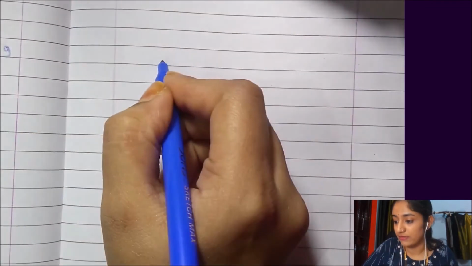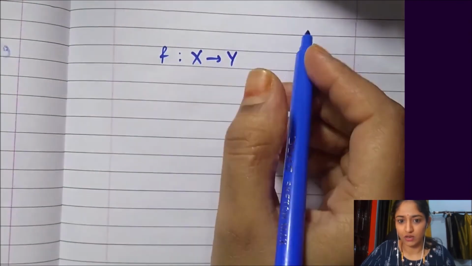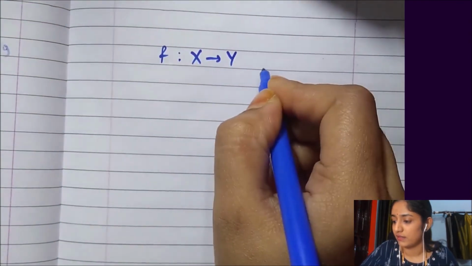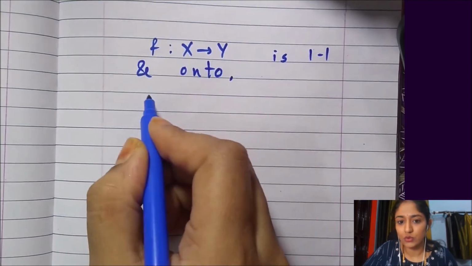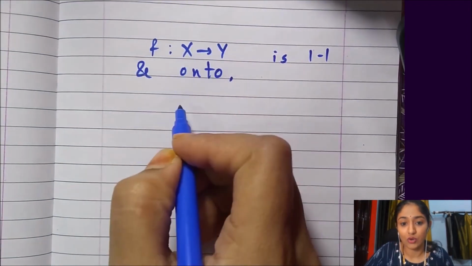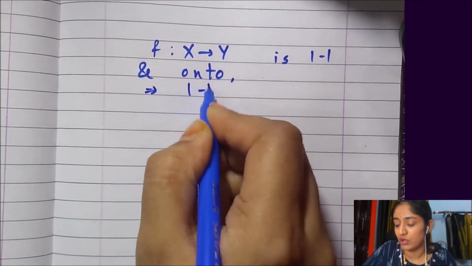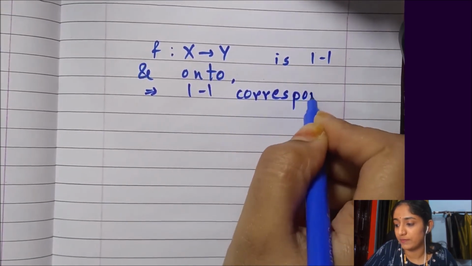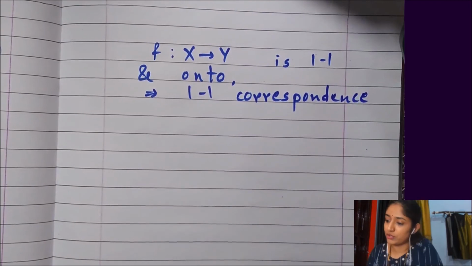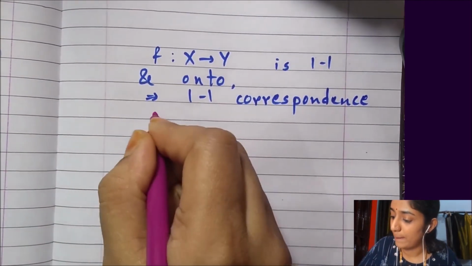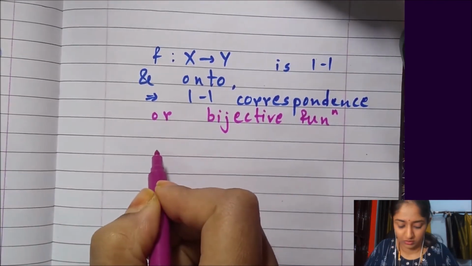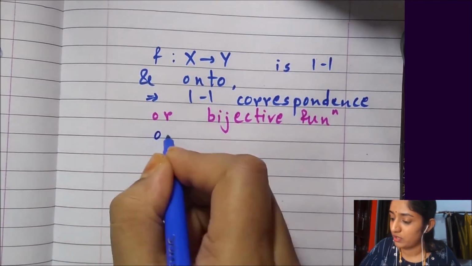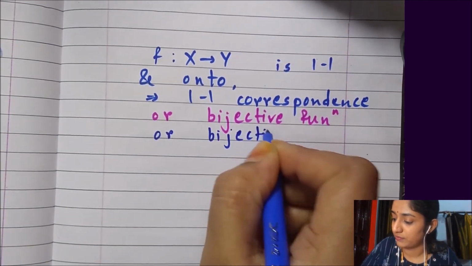Alright, so we saw what an injection and a surjection were, or injective function and a surjective function are. Together they are called a bijective function. So if a function f from X to Y, any sets X to Y, not necessarily distinct, if f is one-to-one and onto, X and Y are said to have one-one correspondence, then it is called one-one correspondence, or bijective function, or simply a bijection.